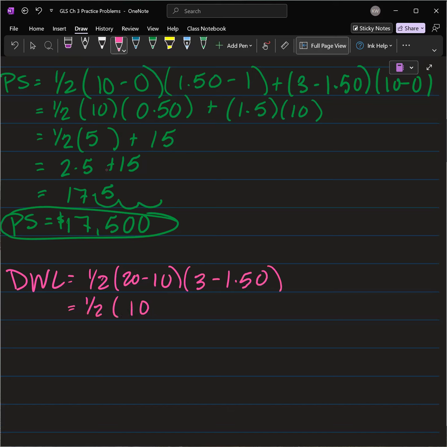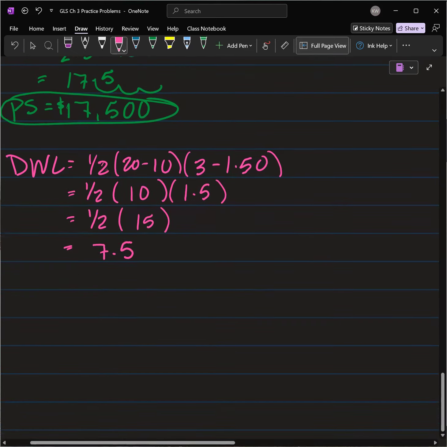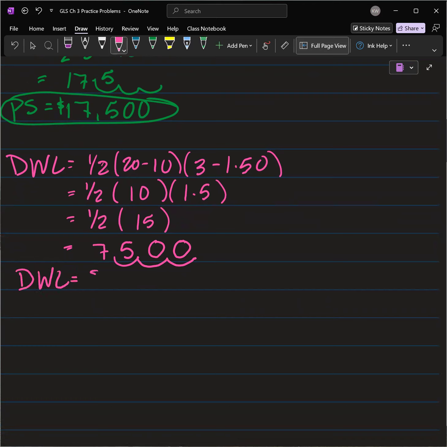Simplifying, that gets us 1/2 times 10 times 1.5, which gets us 1/2 times 15. Half of 15 is 7.5. And again, remember our quantity variable is measured in thousands, so we multiply that value by 1,000, and we get that our deadweight loss is equal to